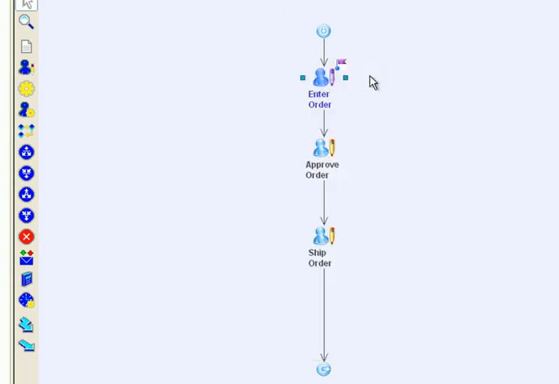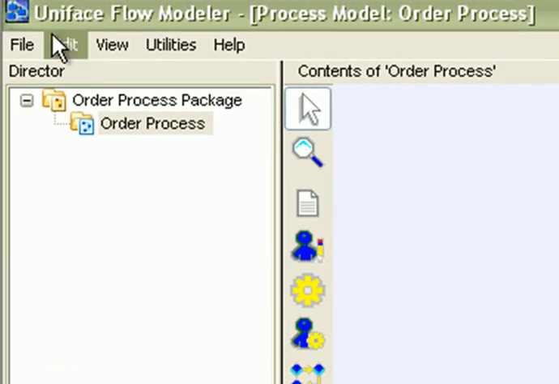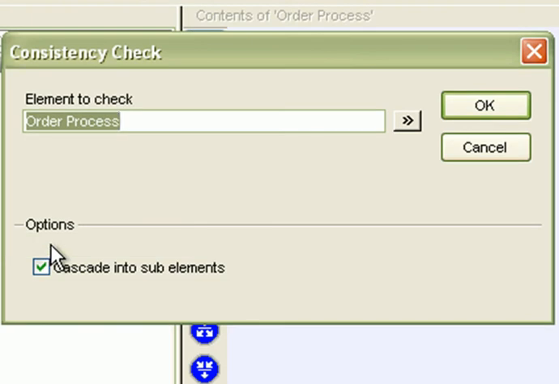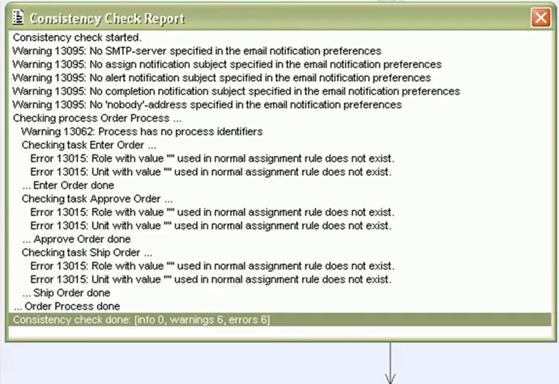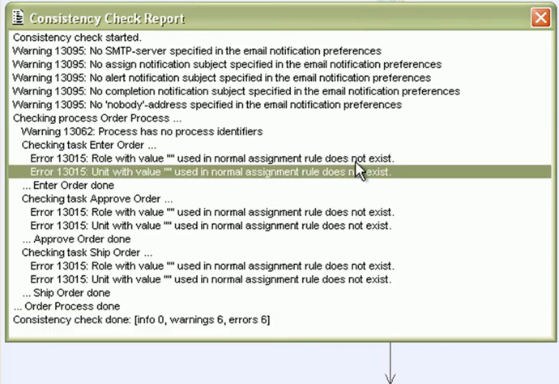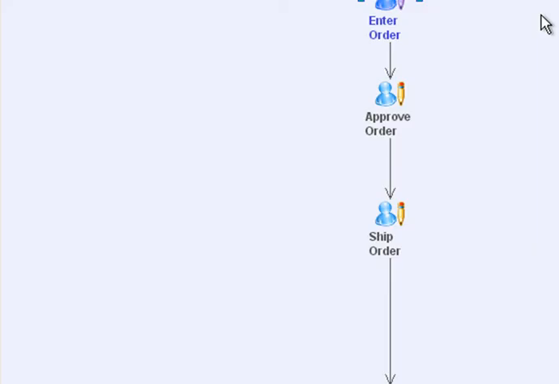To verify the completeness of the initial process definition, we can check the process model. I can do this by checking the consistency of our order process. As a result of this action, we can see that the error messages appear because the tasks are not yet assigned to actors. So let's close the consistency check report and invoke the property inspector of the enter order task,